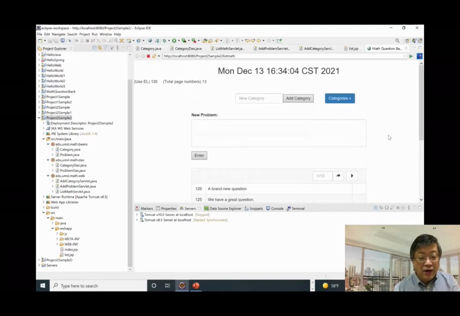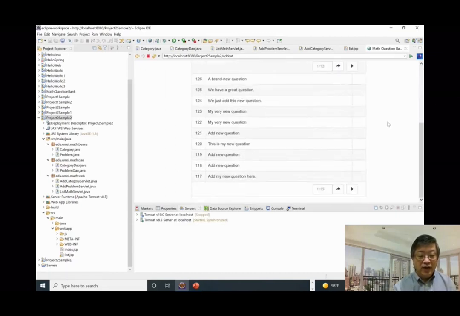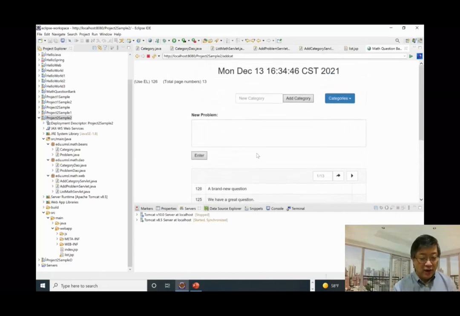Now let me add a new category so you can see another new category added. How about I put number theory? That is our new category. Okay, add. Look at here. See? Number theory. So that's all we need for this feature. All right. So let's